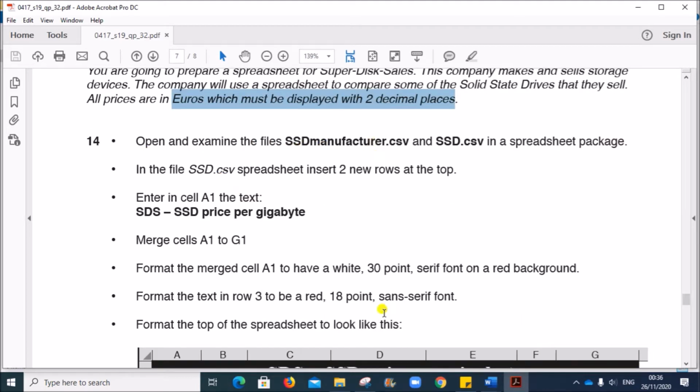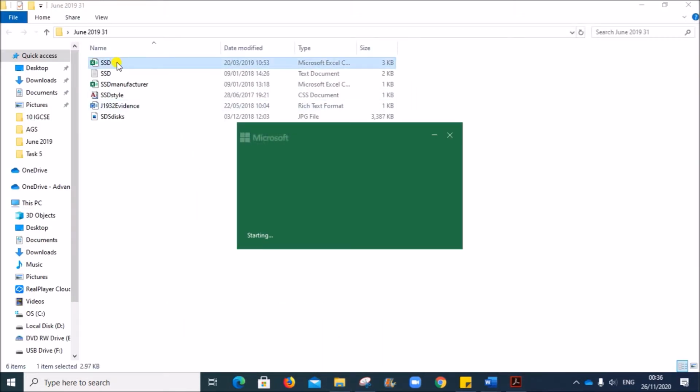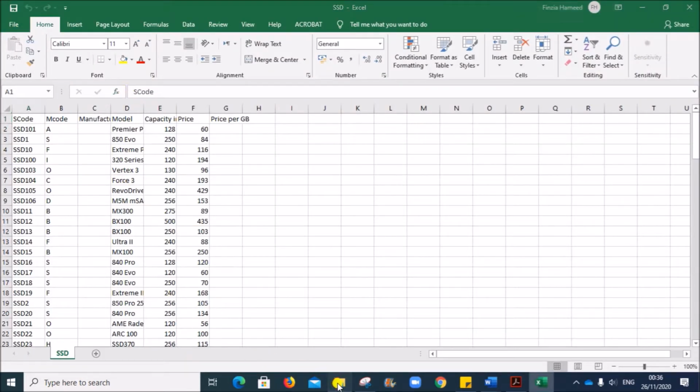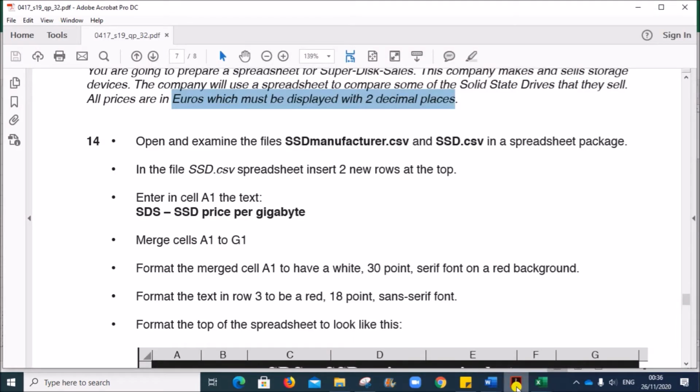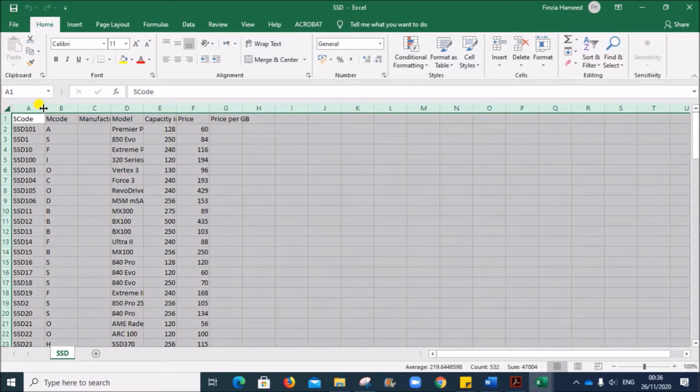Open and examine the files. So let us open the files. These are the files SSD and SSD manufacturer. In the file ssd.csv, insert 2 new rows at the top. So this is SSD. Let us display all the elements properly.